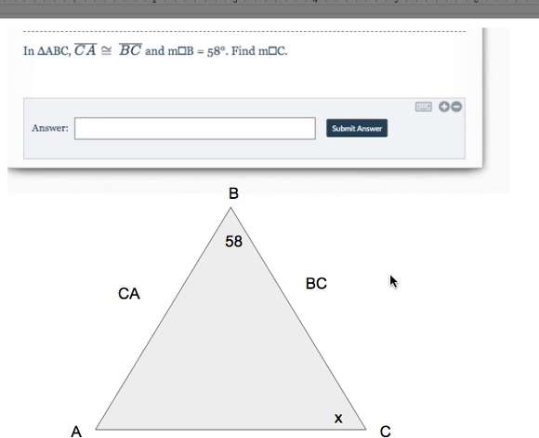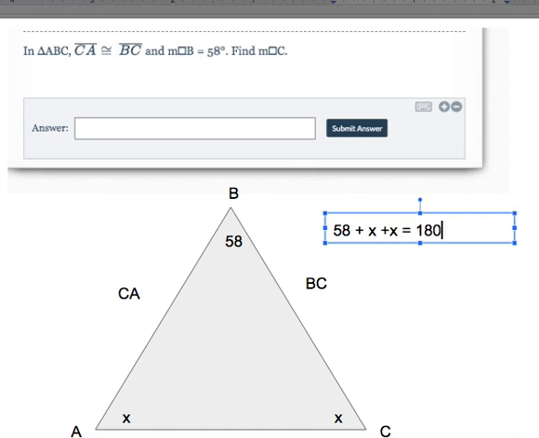Now, because these two things are congruent, according to the isosceles triangle theorem, that means that these two things are congruent because isosceles triangles have two equal side lengths and equal base angles. So now I'm looking for a number that when I add it to itself and then I add it to 58 equals 180. So I have 58 plus x